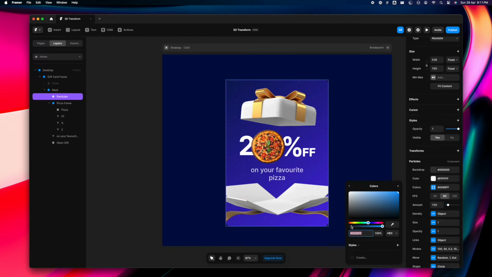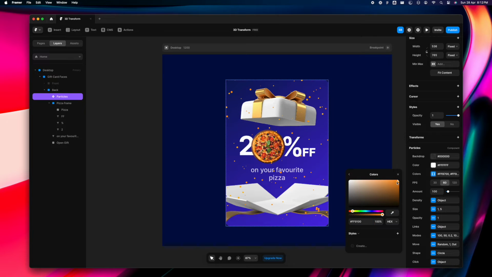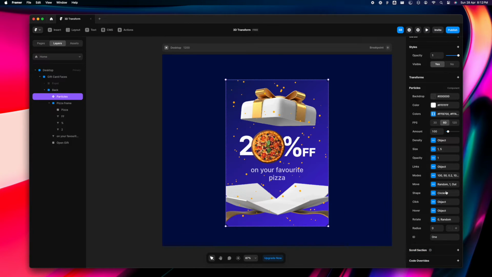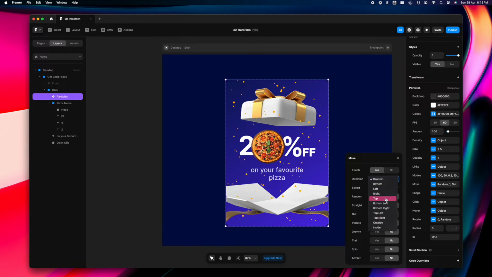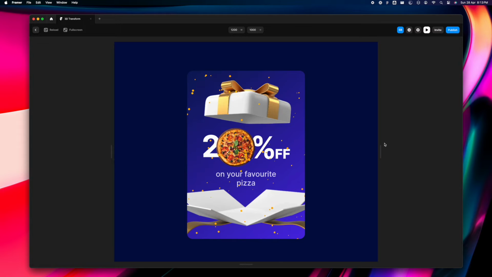If you want to learn about how you can use these particles in various places, such as moving background gradients and a lot of other fun stuff, you can check out this tutorial we had on these particles, the link for which you'll find in the description box. For now, let's just quickly adjust these. So now when we play, this is how it looks.